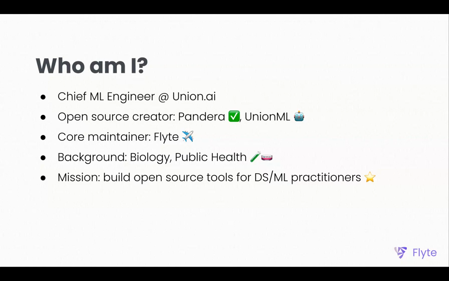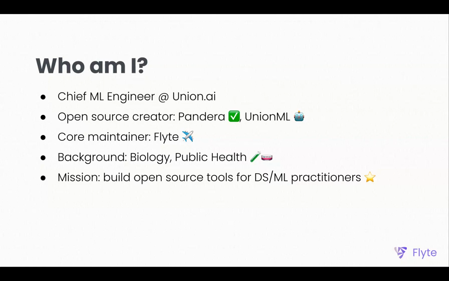I'm also an open source creator. So one of the libraries that I created about 4 years ago is called Pandera. If you've ever used the Pandas data frame library, this is essentially a data frame validation toolkit that allows you to add types to your data frames. If you've ever worked with these things, it's just like this table that can contain anything. So Pandera allows you to state what columns are in that data frame, what types they are, and other constraints.